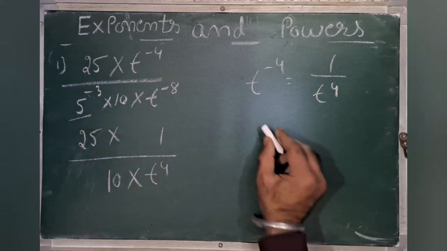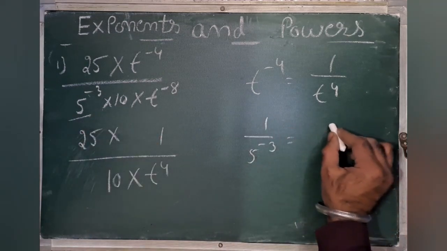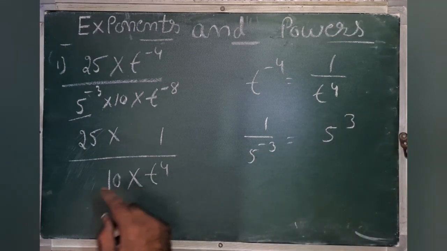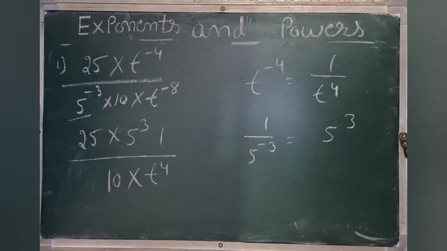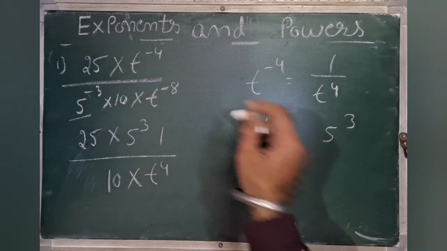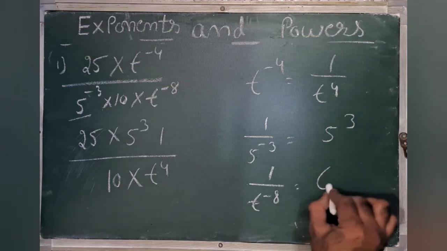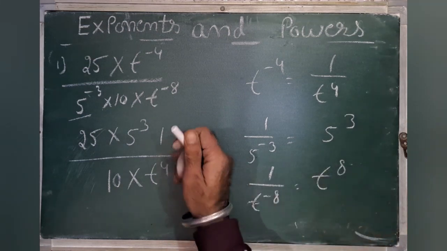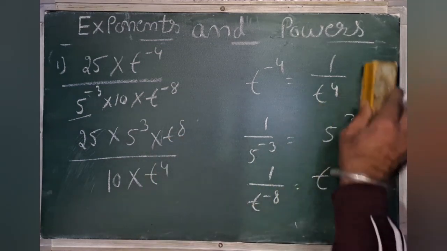दिस 1 अपॉन 5 माइनस 3 जब इसको रेसिप्रोकल करोगे क्या बनेगा 5 पावर 3. So this 5 power 3 can write. And this again t 1 upon t minus 8 is the reciprocal t. So we can write here t power 8. This. Now,